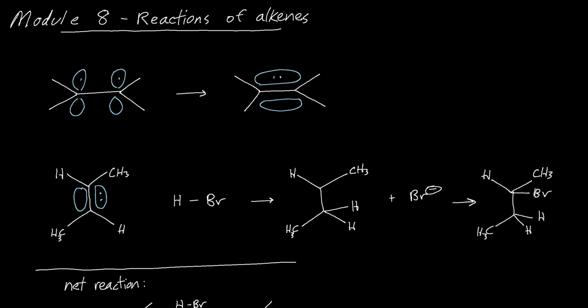This is our first video for Module 8 on reactions of alkenes, beginning with some of the fundamentals. So alkenes, if you recall, result from having overlap of p orbitals leading to a pi bond, and that pi bond is reactive in a nucleophilic way, an electron donating, Lewis base way of forming bonds,